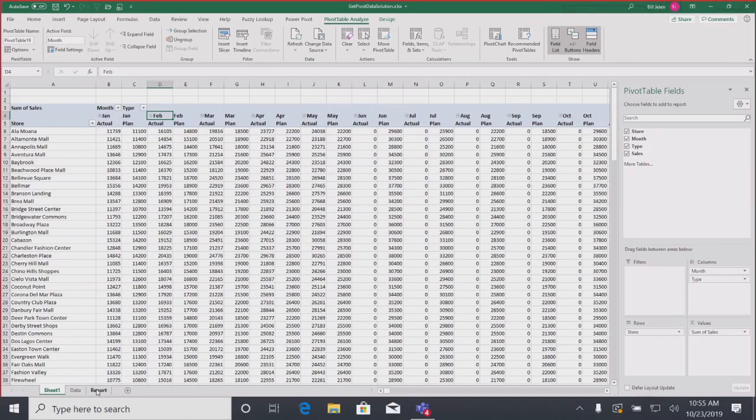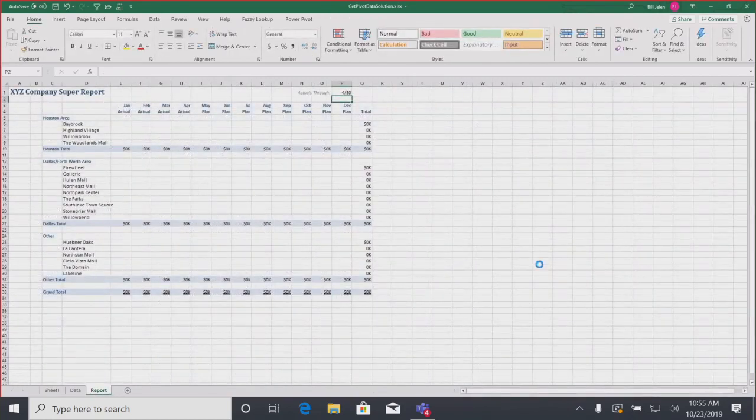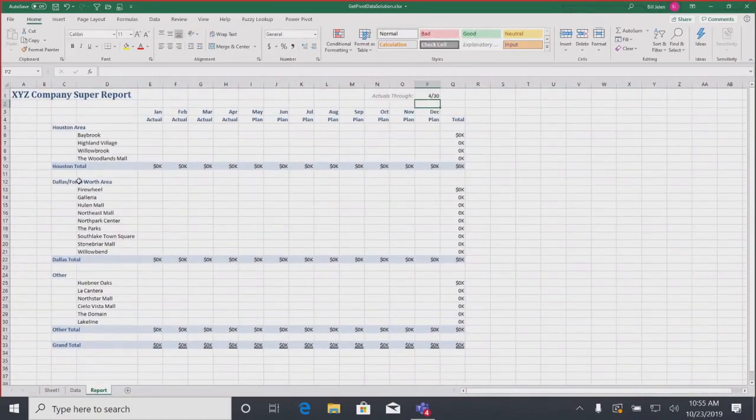And what they did is they built what I call a shell report, this beautiful looking report. Look at that with blank rows and formatting. This doesn't look like a pivot table at all, does it? Right? And what they do is they say, we're going to fill this report from the pivot table. So right here, this cell is a store called Baybrook, January actual. I'm going to click an equal sign here, and I haven't turned off GETPIVOTDATA yet. I'm going to allow myself to be GETPIVOTDATA'd.